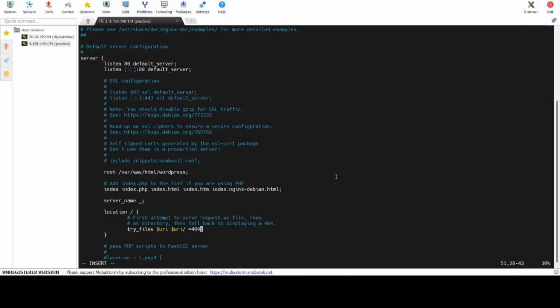So the next change that we are going to do is in the location tag. Inside the location, we need to say that try to find the file index.php. So we replace it with index.php arguments, which is args. So this is another change that we are going to do in the